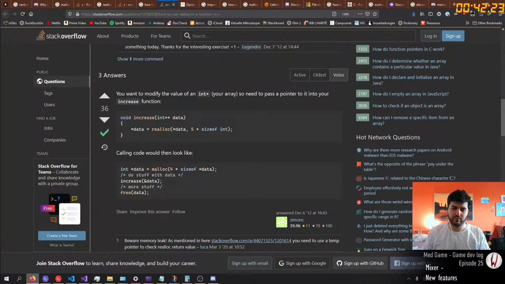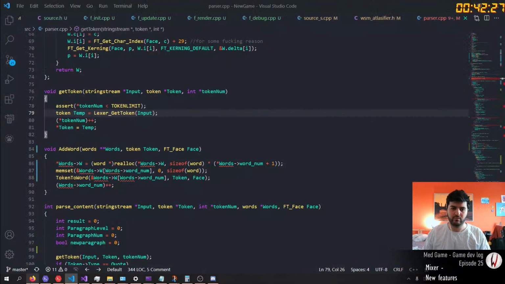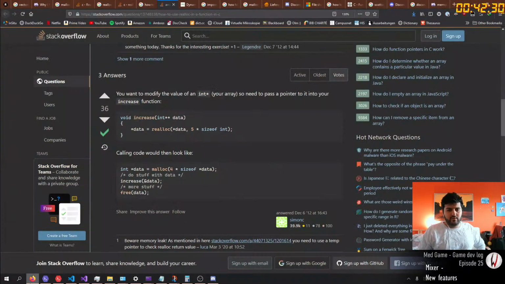How do I do this? So, hearts double pointer words.